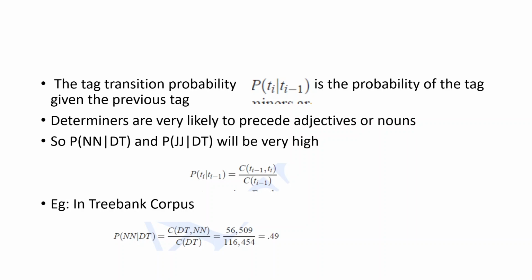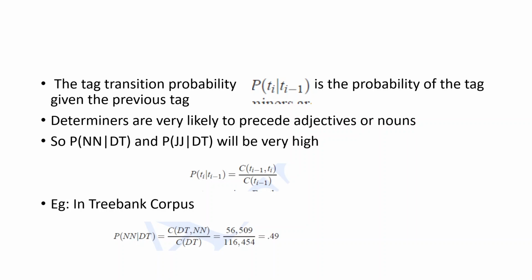Again, all probability calculations are based on some corpus. So we are assuming we have a data set or a corpus in which we have lots of words or sentences collected from somewhere. There are standard data sets, and based on that, we look at how the calculation is done. In order to calculate probability of Ti given Ti minus 1, you look at the data set and find the count of the number of times the tag Ti minus 1 exists in the corpus.